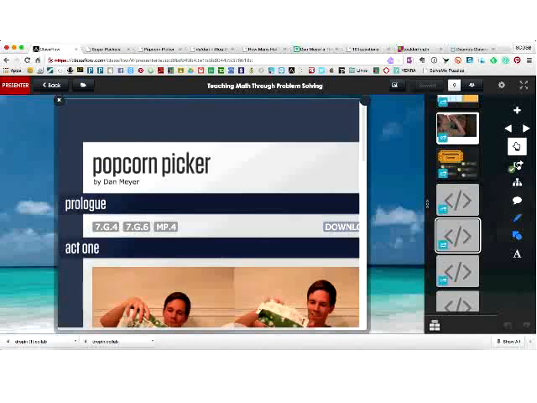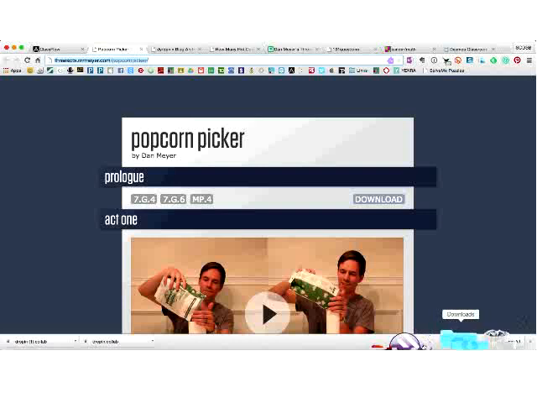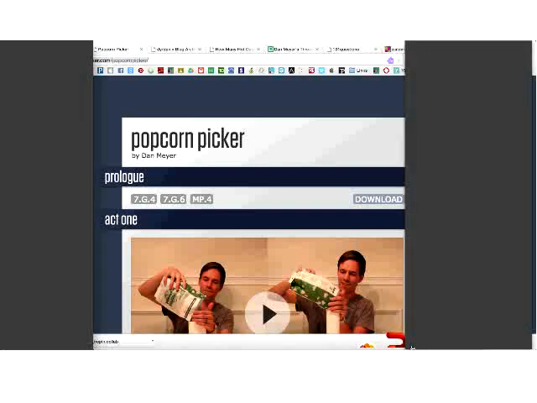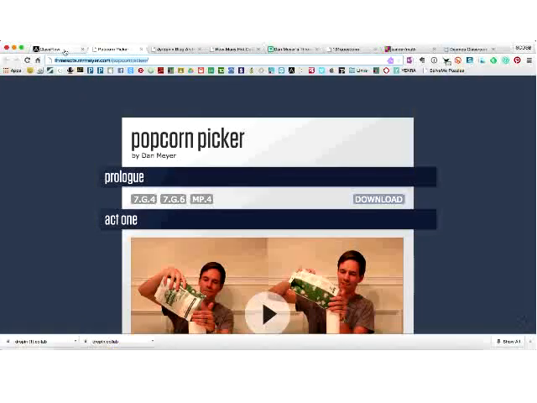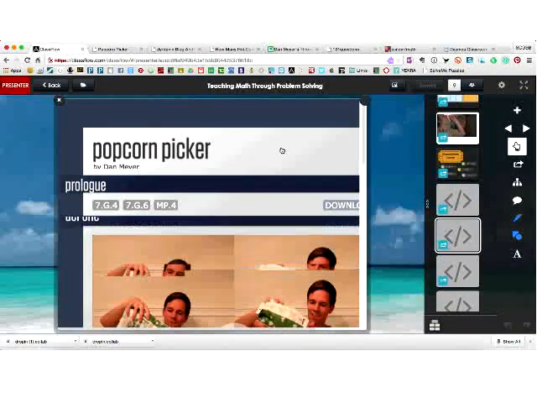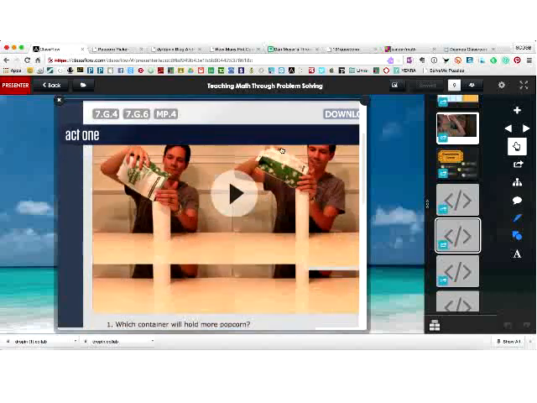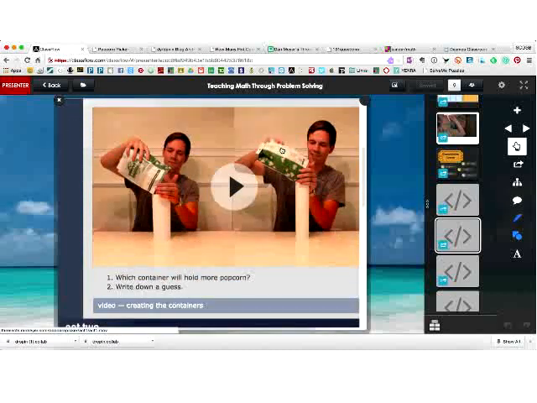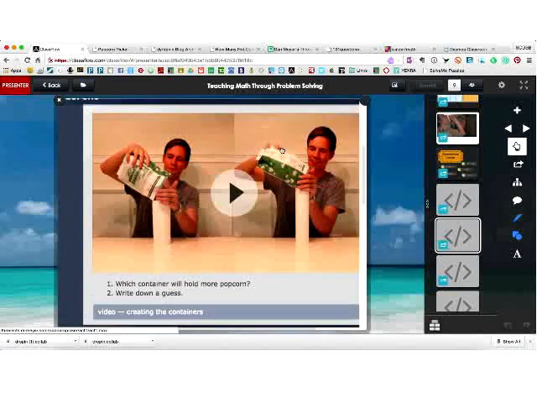I'm going to forward you to another one to look at now. There we go. I'm going to put the link to it in the chat as well. The popcorn picker. This is one that I did on the second day of school with my class because they had a lot of inherent math knowledge to get started, and it was a great way to start setting the tone for our class. The popcorn picker is one where he takes a piece of 8.5 by 11 paper and folds it widthwise and lengthwise to create a popcorn container, and then asks which one would you prefer, which one has more.